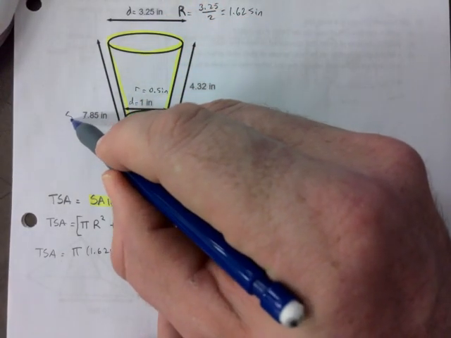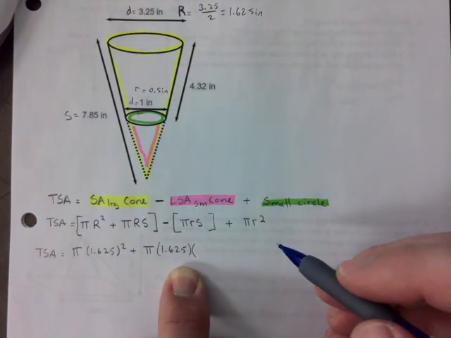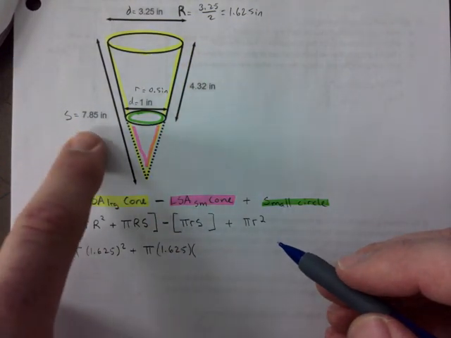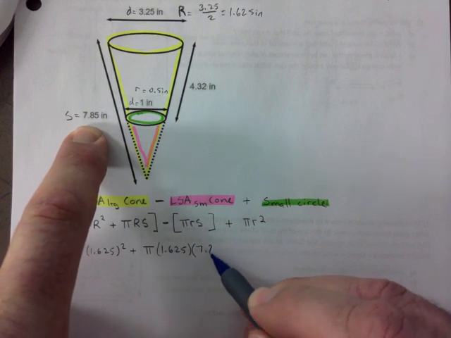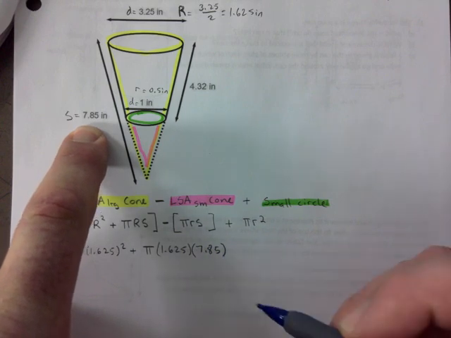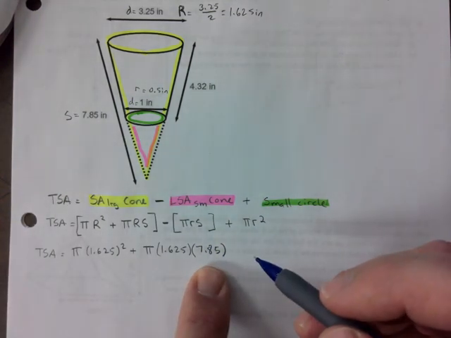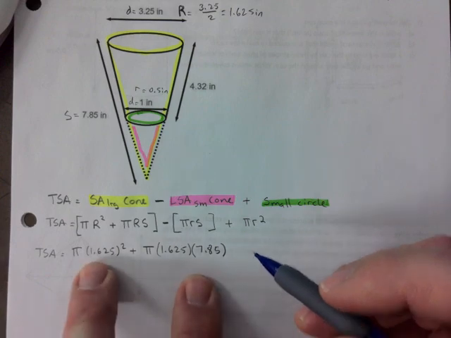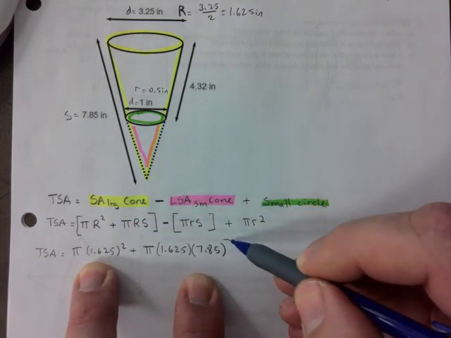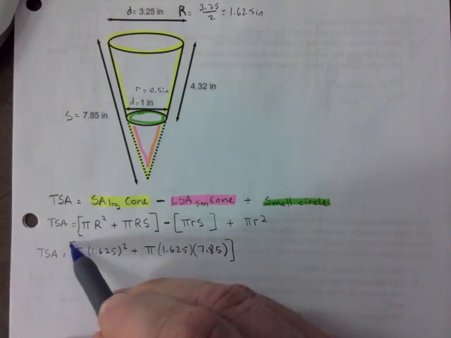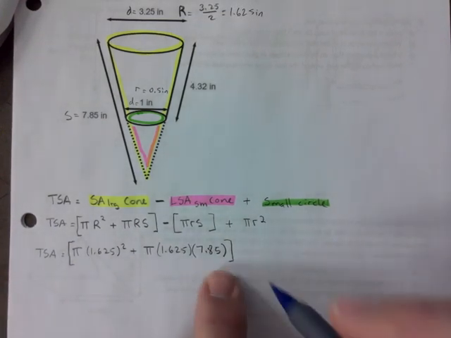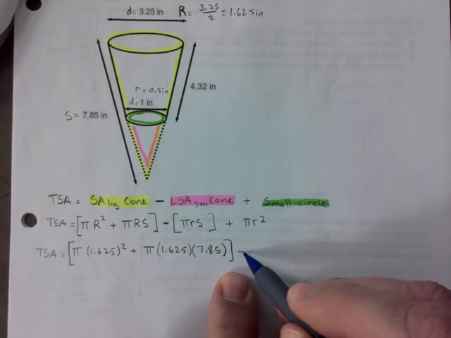So let's call that capital S, right? So I'm going to use the slant of the big cone. It's already given, so not a big deal. So this first square bracket is done there. Whether or not you like the square bracket idea, that's up to you. You can,